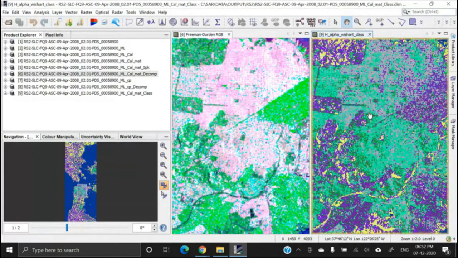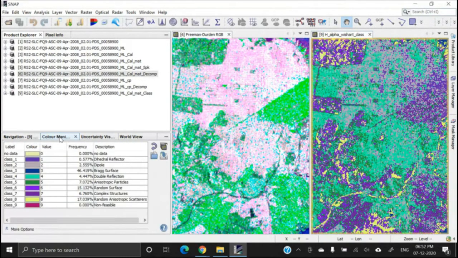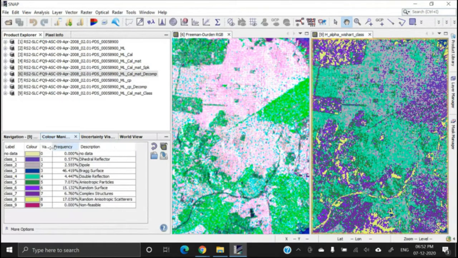Once you activate the classified image window, then next go to the Color Manipulation tab. In the Color Manipulation tab, you will find these names, classes.